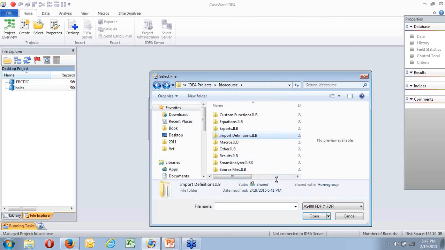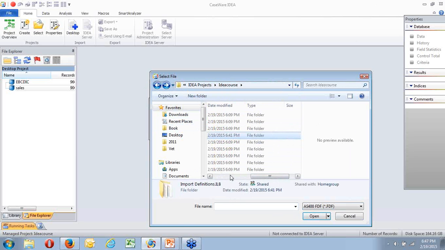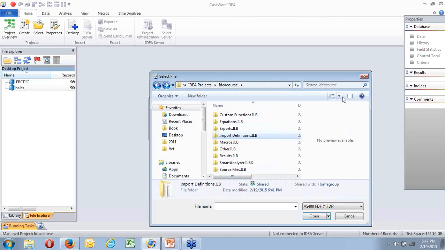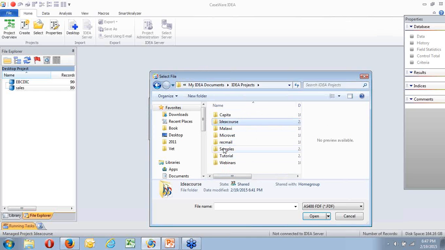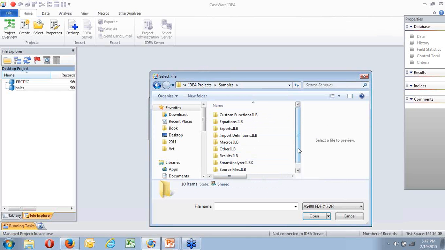Also in the samples folder. So I need to get into the samples folder. The perversity of inanimate objects. There's my samples. And down at the bottom, there's my AS400 definition.